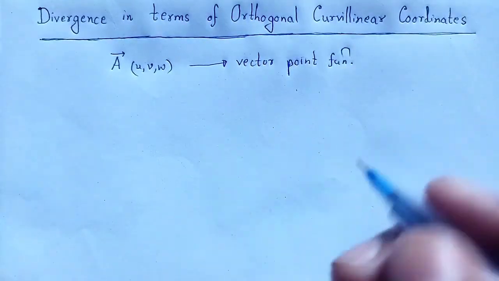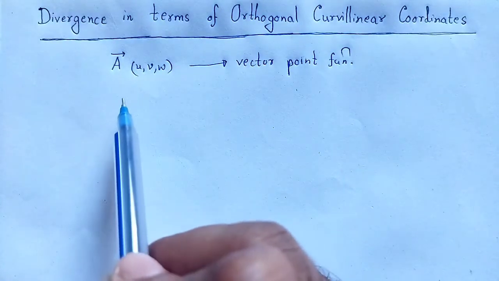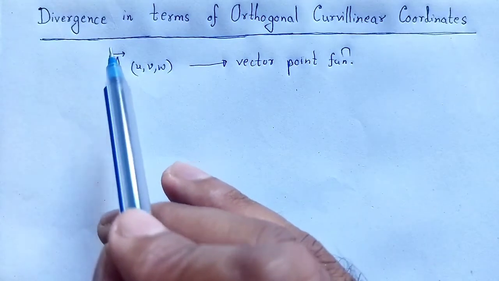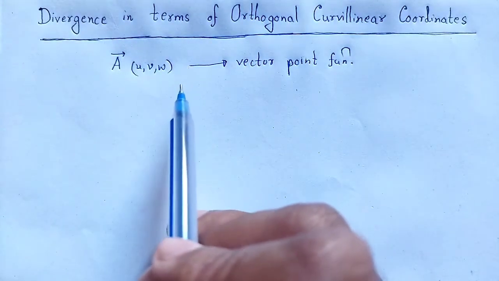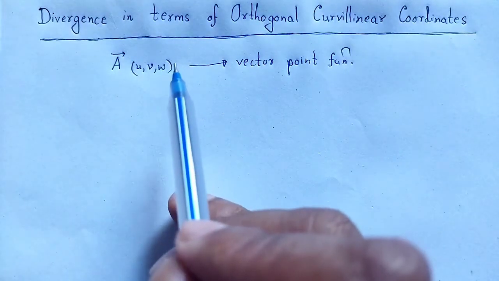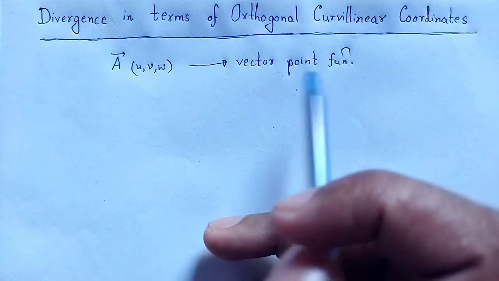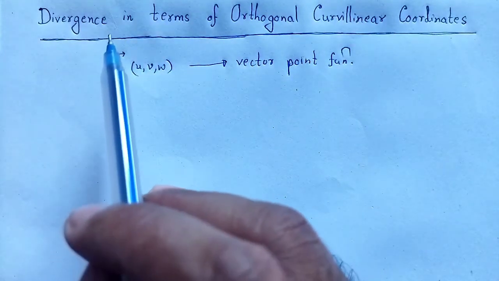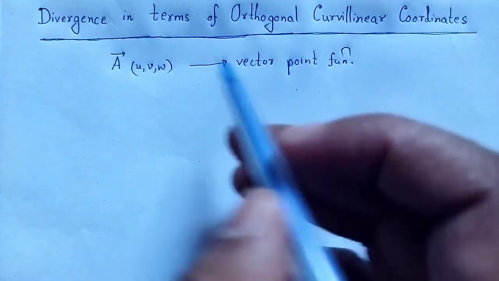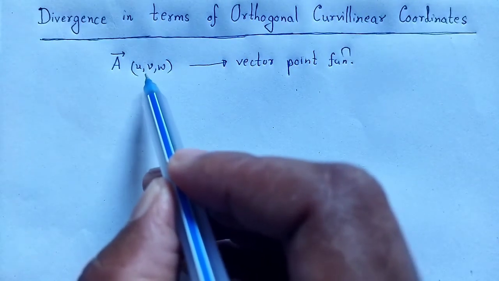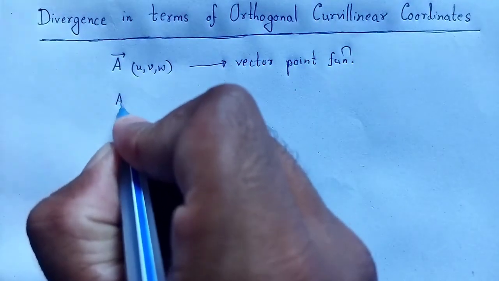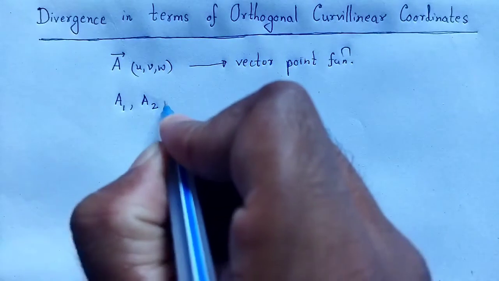In the previous video lecture, we discussed phi as a scalar point function and we derived the gradient of that scalar. But in this case, A is a function of u, v, w, which is a vector point function. So we have to derive the divergence of a vector. A is a vector that is a function of u, v, w, having the components a1, a2 and a3